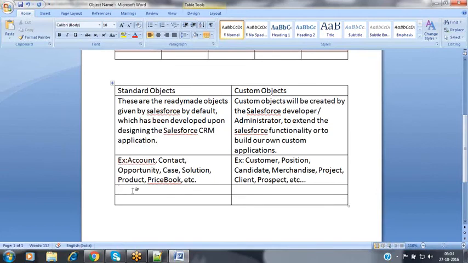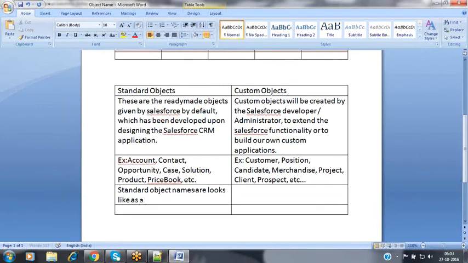when coming to the standard objects, the third difference is that standard object names look like normal names.